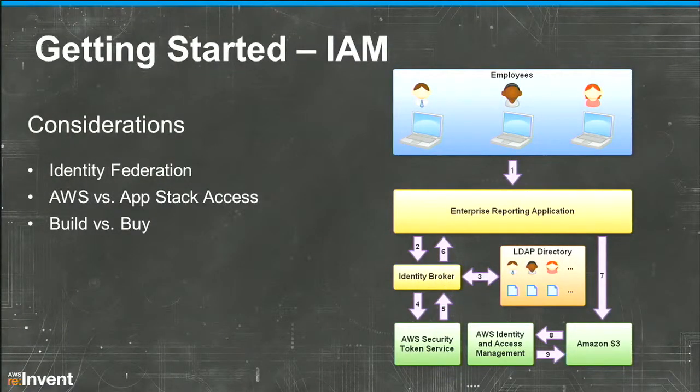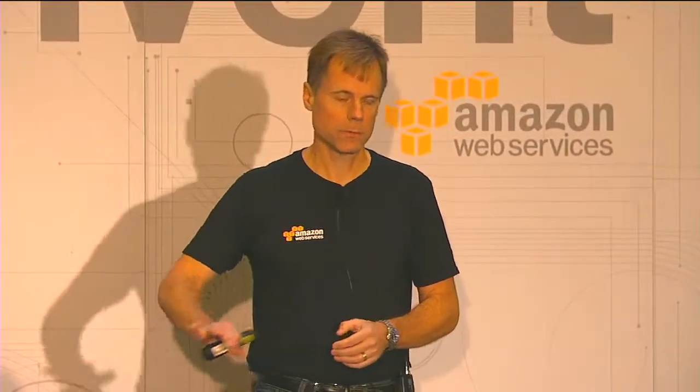And then finally, don't forget IAM. This is an important one. How do the people that have been doing things like allocating servers and logging into operating systems and authenticating against your Active Directory in your data center, how do they do that in the cloud? A lot of the tools that we provide in the cloud are going to seem very familiar to everybody. So if you're running Active Directory in your data center, you can run Active Directory in the cloud. But when it comes to allocating the AWS resources, there's some special considerations that you have to give.